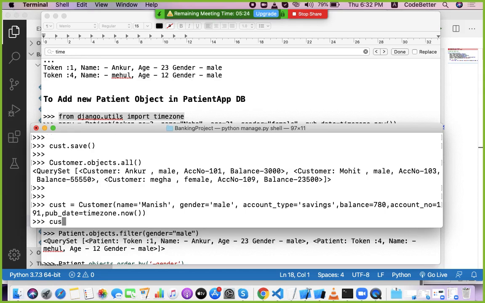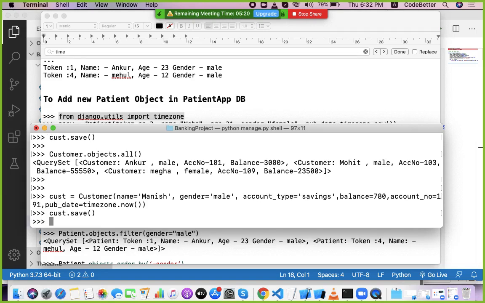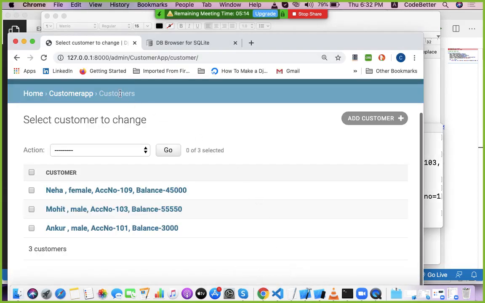Then again cust.save. This way you can add objects directly from here, and you can verify it from the admin panel also.